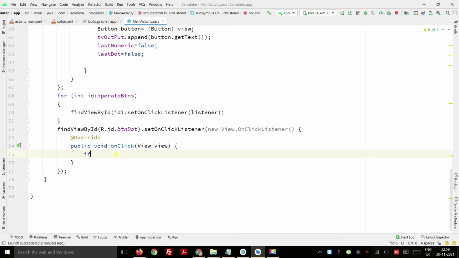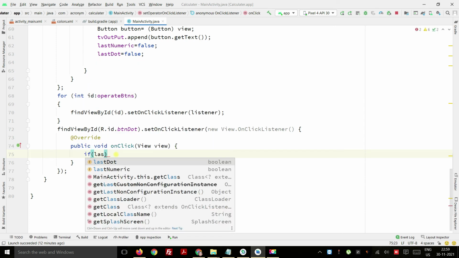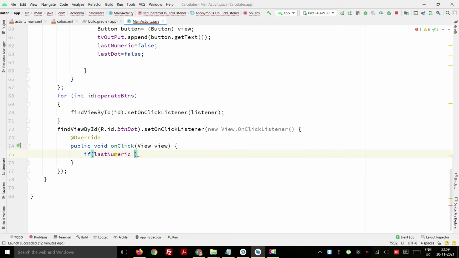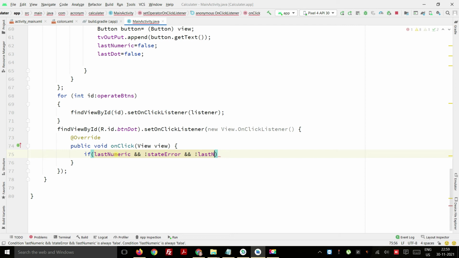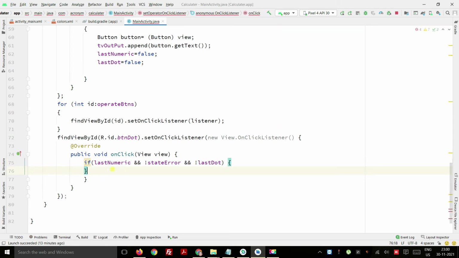What we are going to check is if last numeric and state error, whatever the state of it, and not equals to last dot, we are putting exactly as the dot section. So we are just checking that the last entered number should be last numeric, there should be no error, and it should not equal last dot. So we are checking for the numeric numbers.